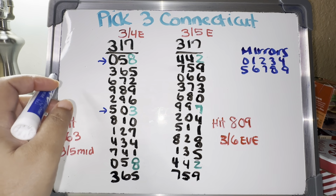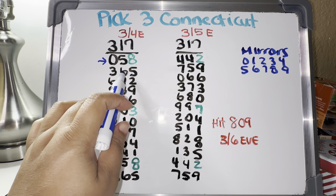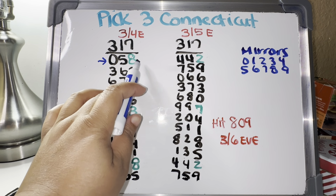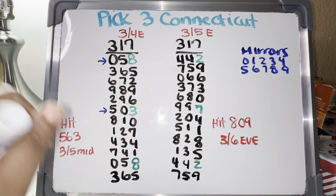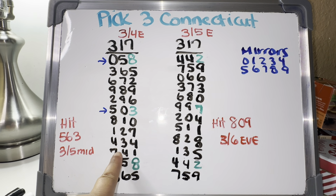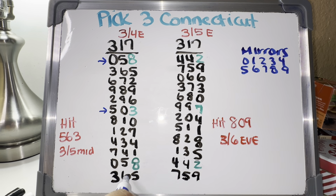I'm going to start building out some combinations. We're going to start with the number 8. Now, here's the deal. I can see what's on the bottom of the 8, the 2 pairs that run across, but I don't see what's on top. This is the reason why I had to extend the rundown. I need to see what's on top of that 8. So if we're just looking at it from this standpoint, this 8,